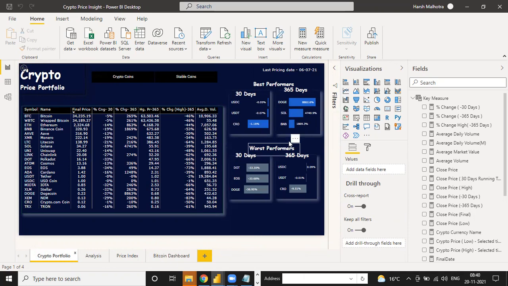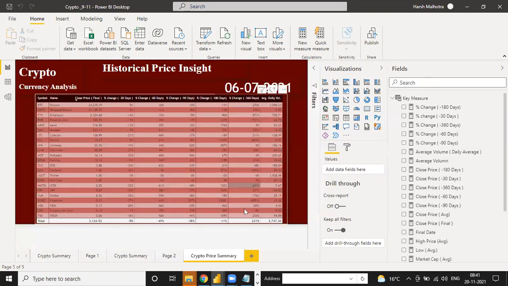So it means 60 to 70% we have covered, and 20 to 30% remains for this Power BI for this cryptocurrency, like best or worst performance: what is the best performance of 30 days or what is the worst performance of 30 days. In the same way, they need to change to best of 30 and worst of 30, best of 60, worst of 60, best of 90 and worst of 90. After that, there is a little bit of something remaining.